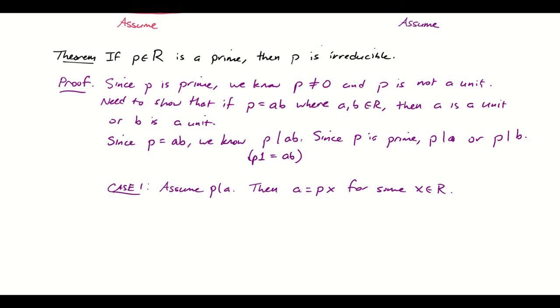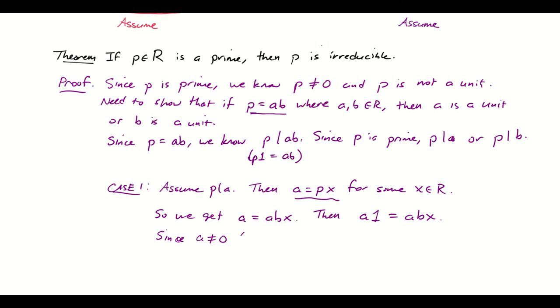Okay, but let's think about that for just a minute. We know that A is equal to P times something. We also know that P is equal to A times something up here. So I can substitute for P the product AB, and we get A is equal to ABx. And at this point, well, look at this. This means that A is equal to A times something. If we have A equal to A times something, then I can rewrite that as A times 1 equals A times Bx. And since A is non-zero,